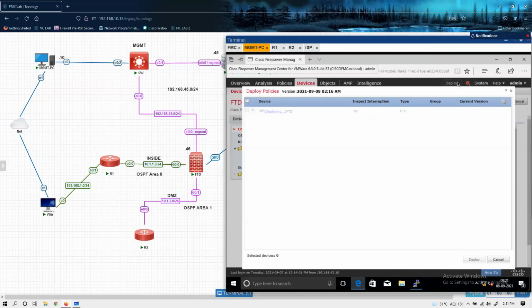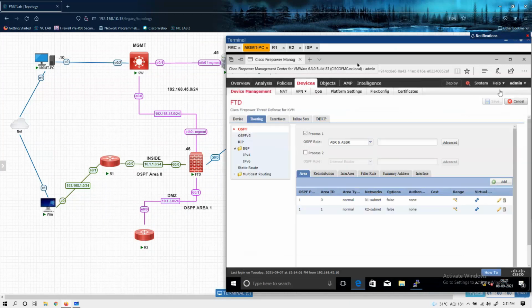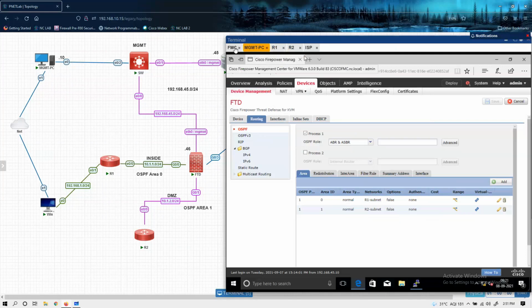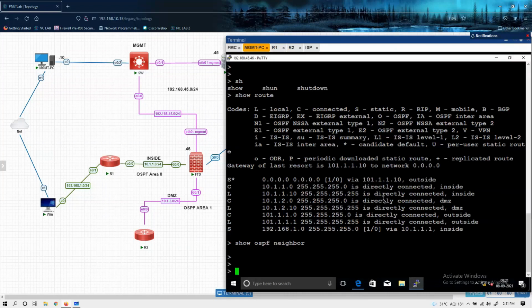Hello. Yes. Hello, Mr. Bharat. How are you? Sorry, come again. Hello. Yes, yes. I'm not able to create any SSH session from management to the FMC. It's showing some key error.